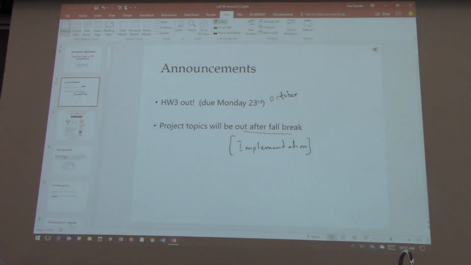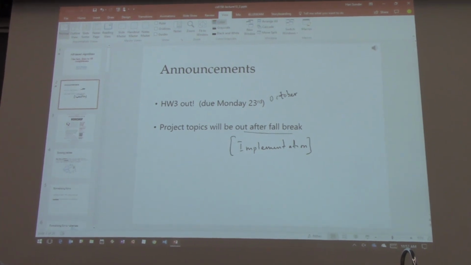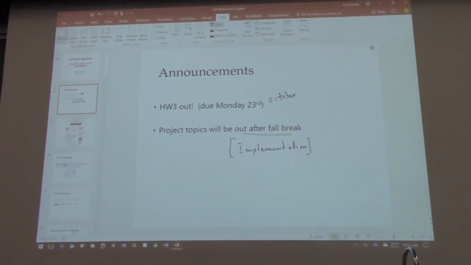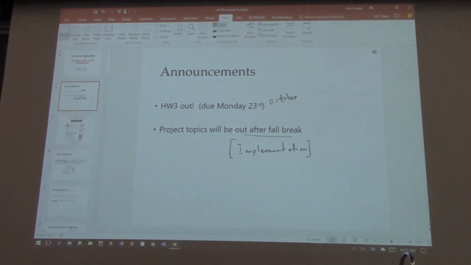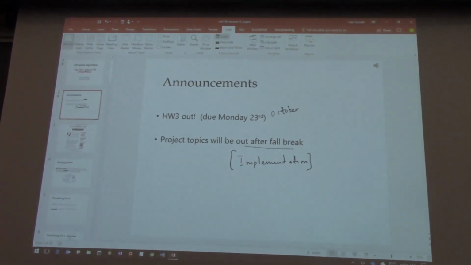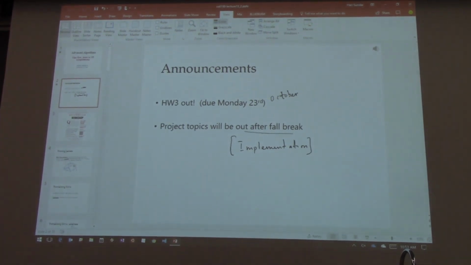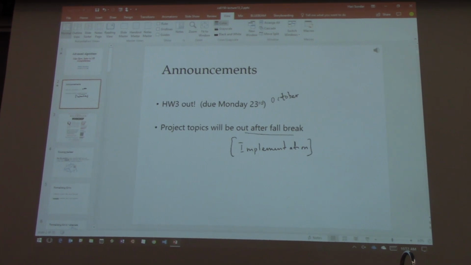Two minor questions. First one, this is the project that's outlined in the syllabus, right? Yes. It's not a very big project, it's about the size of a homework. That's how much it counts towards your grade. And the other half of my question was, are we going to have homeworks at the same time as the projects throughout the rest of the semester?